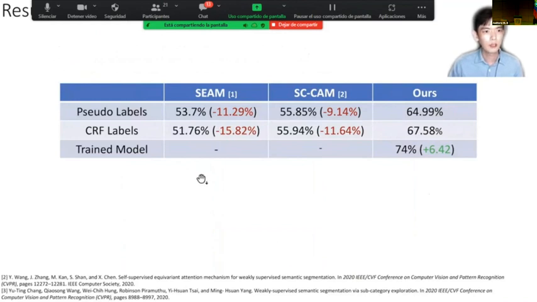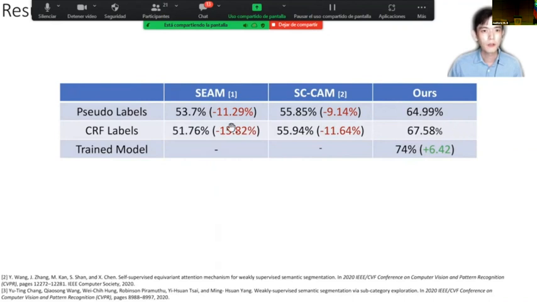And for the results, we also show the SIEM architectures and the SCCAM architectures. And for the pseudo labels, our proposed method actually improves at least 9% more significantly. And if we have the pseudo labels and feed them into the CRF algorithm, it will generate refined pseudo labels. And in our case, if we apply the CRF, we could have about a 2.6% improvement in the mean IOU